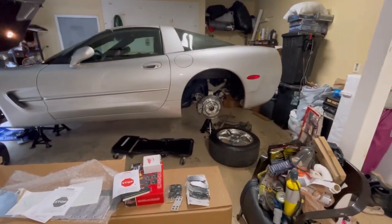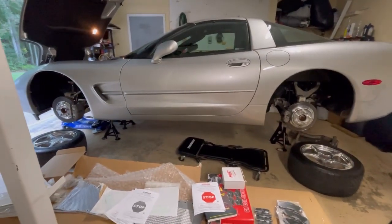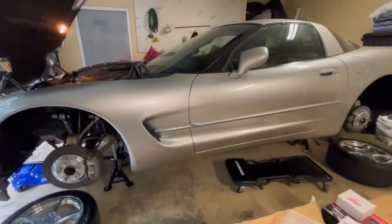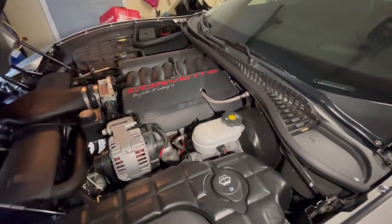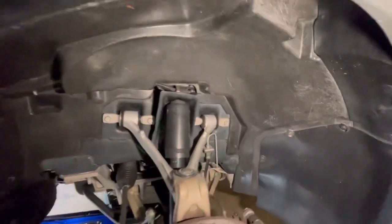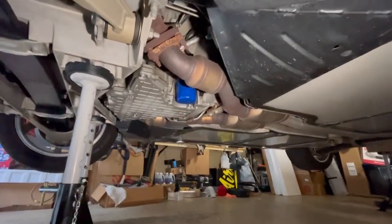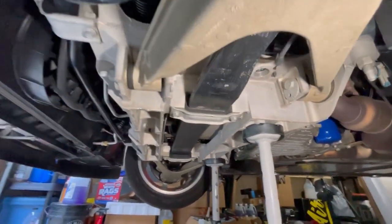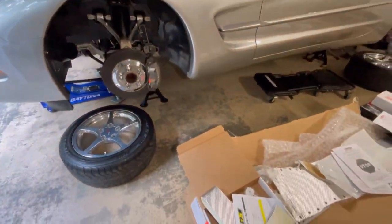So first of all, the car drives perfect. There's nothing wrong with it. The brakes, everything's a little worn out because it is a 2004, but nonetheless, it is a beautiful, beautiful car. Absolutely gorgeous, super clean. I mean, this car was well maintained. I'll show you underneath here. Absolutely pristine condition. It really just needed maintenance items like brakes, tires, and all that stuff, but we're gonna start fixing the little